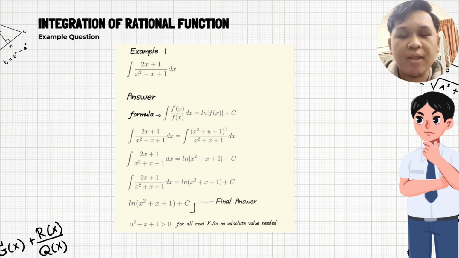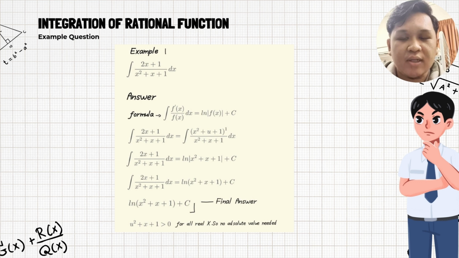So it will become the derivative of x squared plus x plus 1 over x squared plus x plus 1 dx. Then we apply the formula directly, and we just put it inside the formula, and we will get the final answer